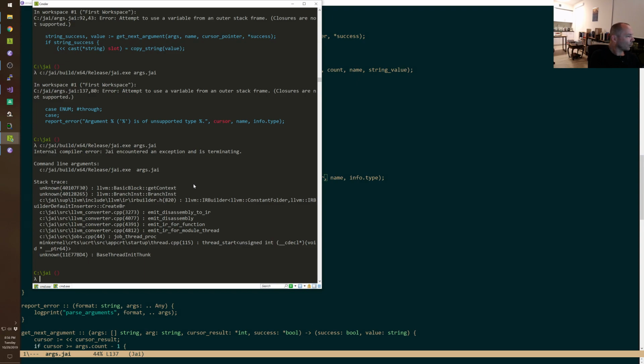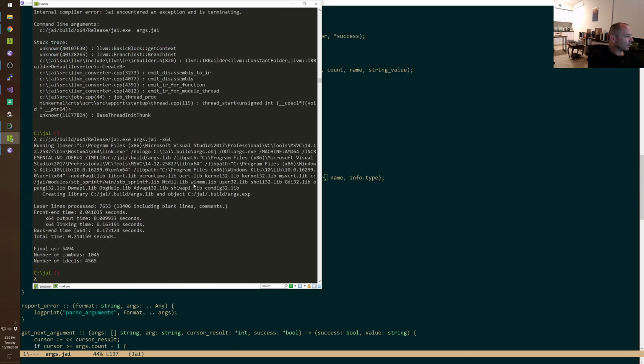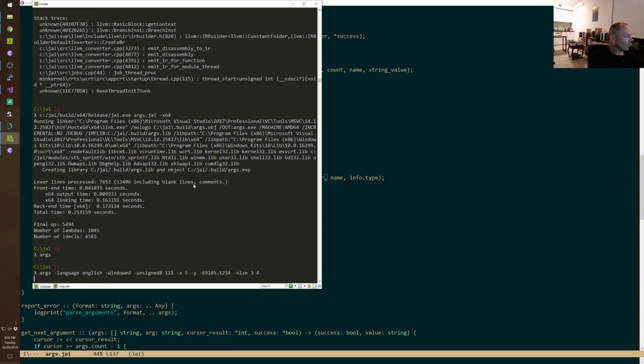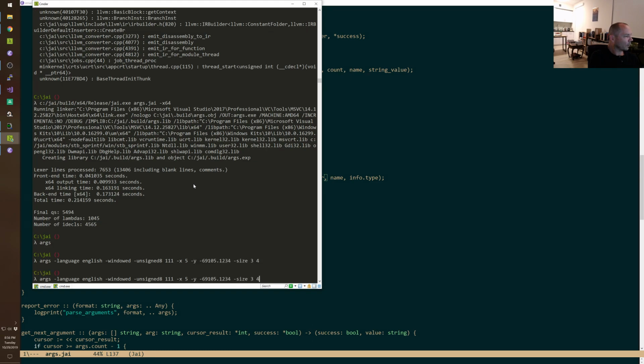Whoa! Buddy, LLVM backend didn't like that. Neither did x64 backend. We found a compiler bug, people. I don't think I want to fix it tonight, but